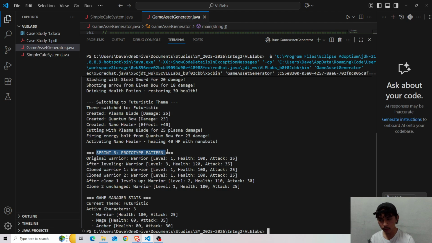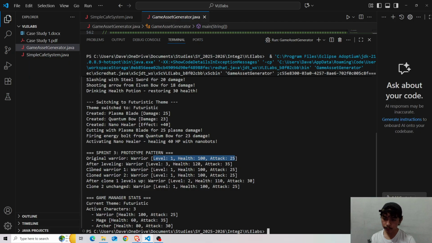Then for sprint 3, the prototype pattern, we'll be cloning the original warrior only. Okay, original warrior here, and then its stats: level 1, health 100, and attack 25. Okay, keep in mind that that's the original warrior only.